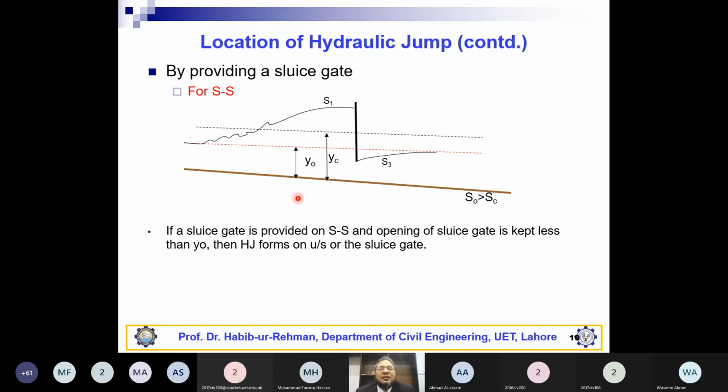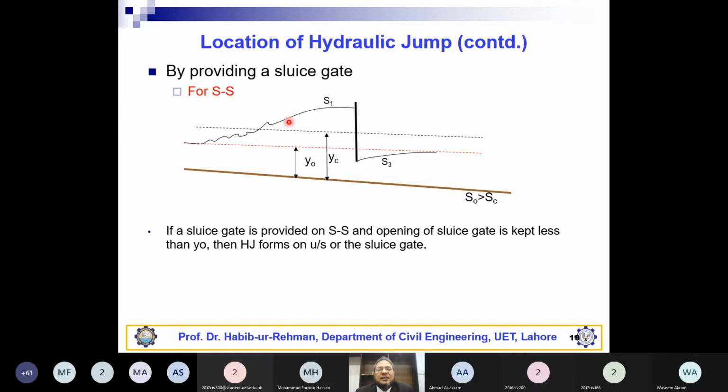Supercritical flow. Now the sluice gate can be used to create the hydraulic jump. But how much should we close the sluice gate? So this is the ys, and this opening of the sluice gate should be less than y0. If this is less than y0, then